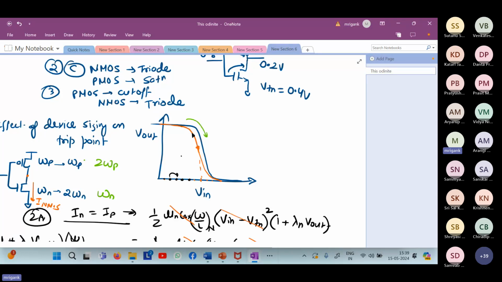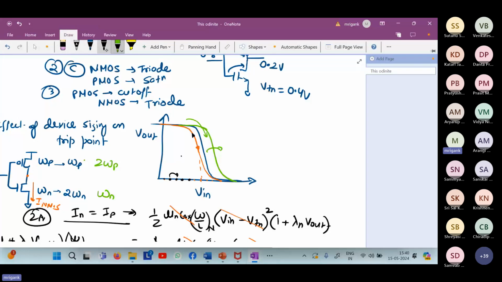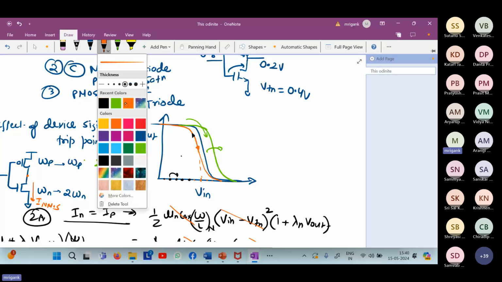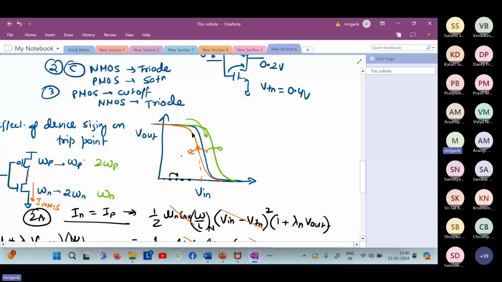Therefore, you will need a higher gate voltage to turn the PMOS off. Therefore, it is going to shift towards the right. So both these directions should be clear. What is going to happen if I move in one of these two directions? Conceptually, it should be clear. If somebody asks you to derive it quantitatively, I just showed you the method. How do you do that? Taking some valid assumption. Is that clear to all of you?